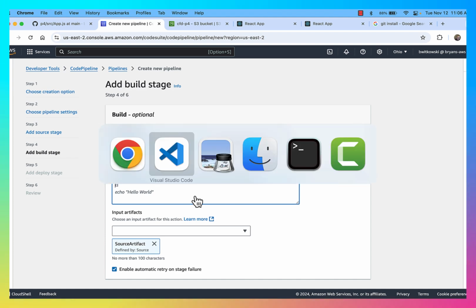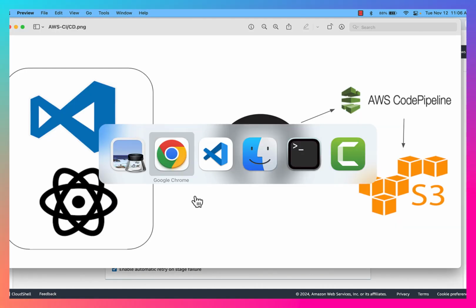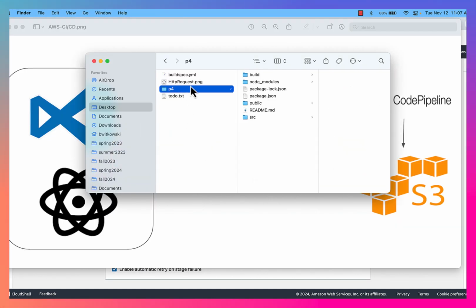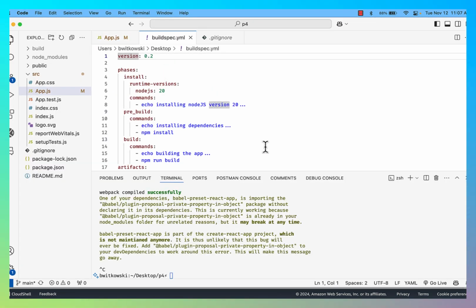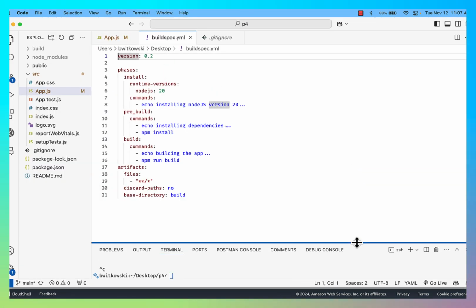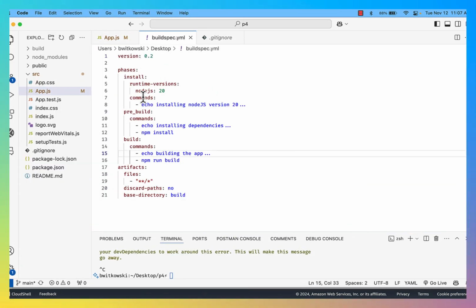So if I go back over to my desktop, I have that buildspec.yml file. Okay, let's just open the buildspec.yml file. The buildspec.yml file doesn't do a ton of stuff. You will notice that it is indented. The indentation is important for this buildspec.yml file, but you'll notice what it does is it requests us to install